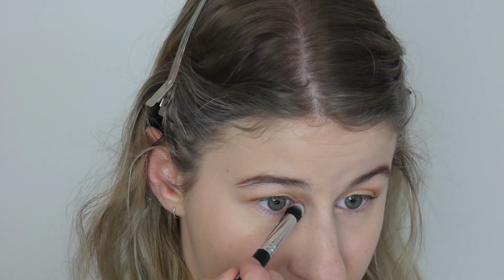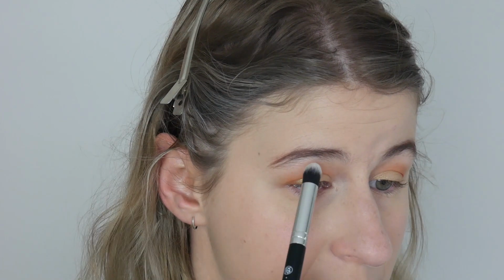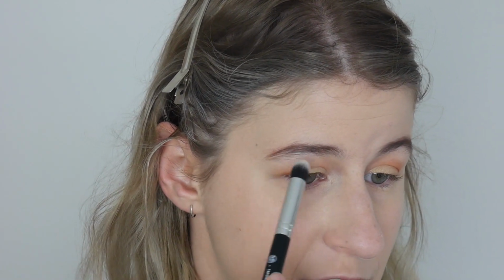To highlight my eyes, I'm going in with my cheapest highlighter, which is from XO Beauty. This is in the shade Aurora. I actually had two highlighters that were pretty close in price. The Jouer one was 39 New Zealand dollars, and this one is 35 New Zealand dollars. I had cheaper ones in eyeshadow form that I could have used as highlighters, but I just wanted to pick